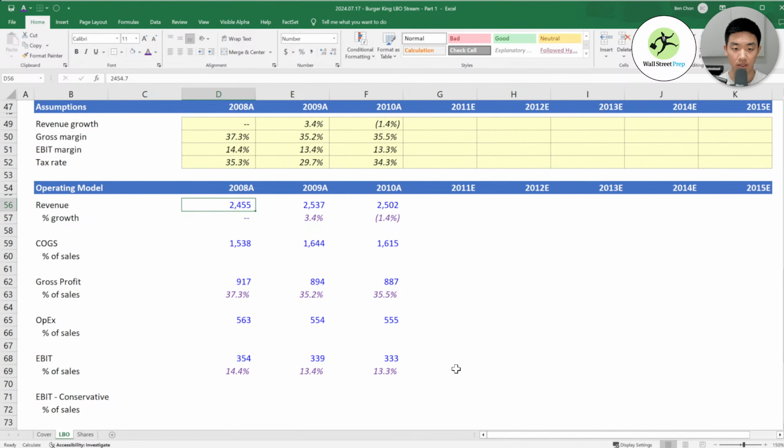And then there are some that we're going to just calculate here. So this is cost of goods sold divided by our revenue.